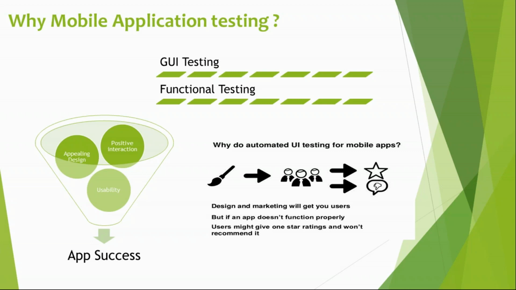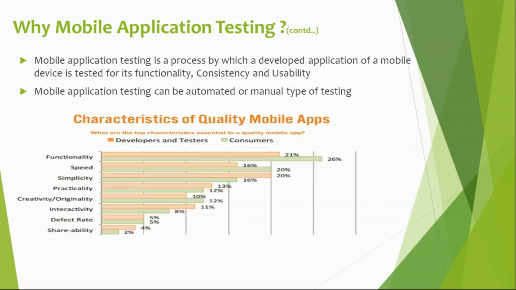And also let's say your payment button is not visible to the user on a tablet, but on mobile it is available. All these are very critical bugs. When the user faces such issues, he will immediately uninstall the application and never use it. So you need to make sure that such issues and bugs are properly tested before we release it to market. That's why you majorly focus on UI and functional testing in mobile testing.